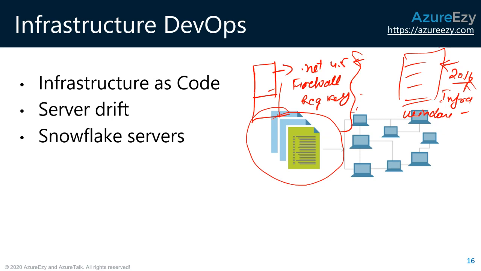Application is not loading. Application team is contacted. Application team is saying no, we had no release. There was no change. There was nothing that we have deployed. It must be something from the infrastructure point of view, because the server was drifted. Server was having some configuration. Now it has drifted from its configuration.